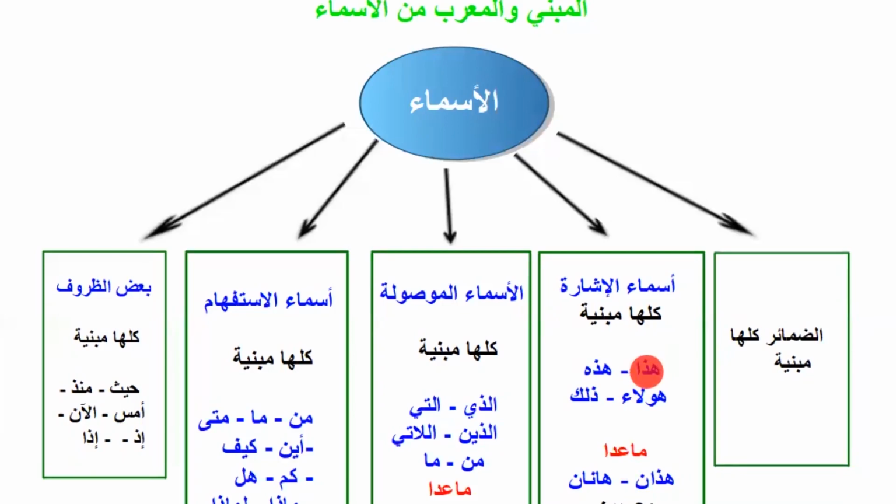Let me do a quick recap. If you want to form dual, how do you do it? You can remember the last time I told you, if you are forming the dual of any noun in Arabic, you add alif wa nun. Example, kitabun. If you want to say two books, dual, you say kitabani. Add alif wa nun. The same way, kalamun, kalamani. Daftarun, daftarani. So just add alif wa nun.